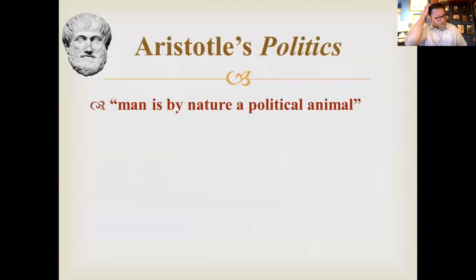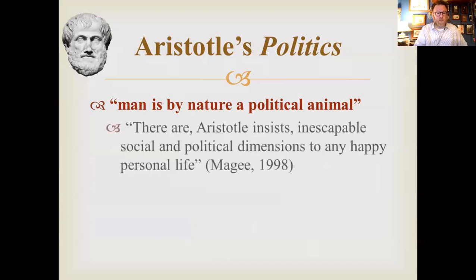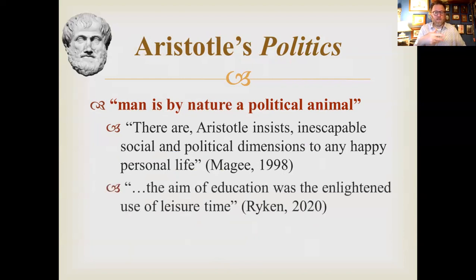In Aristotle's book Politics, he makes this very famous statement: man by nature is a political animal. And so he says, this is the philosopher McGee sort of paraphrasing this, there are, Aristotle insists, inescapable social and political dimensions to any happy personal life. So Aristotle's Politics is an application of Aristotle's ethics. Aristotle says, this is what makes a happy life. Then he says, now politics: how does a political framework enable citizens to lead happy lives? And so this is what's called, you'll see in just a minute here, the enabling view